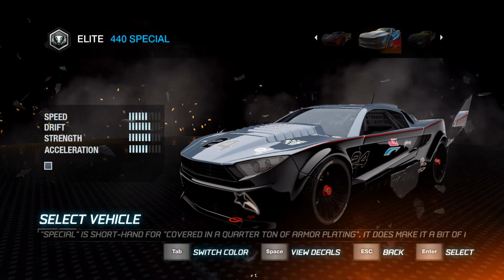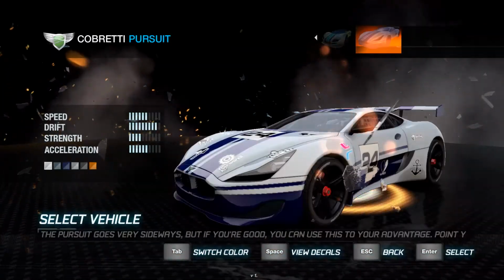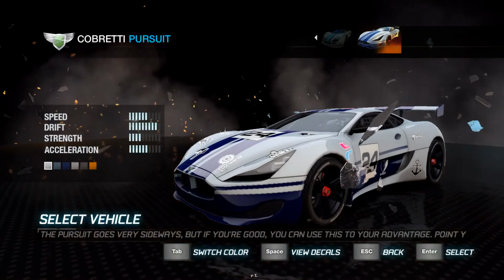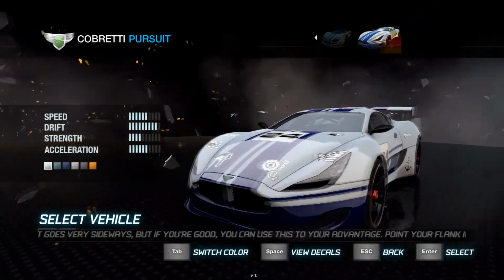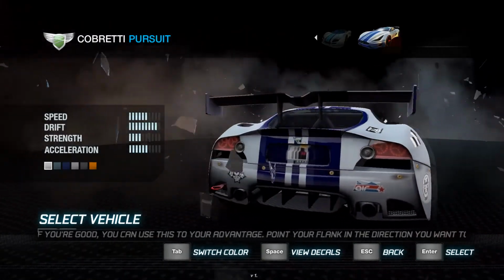So here's the 440 special we used last time. Still pretty neat. And this is a new Cobretti. This is the Cobretti Pursuit. We got it last episode, but we didn't really get the unlock thing for it, so...